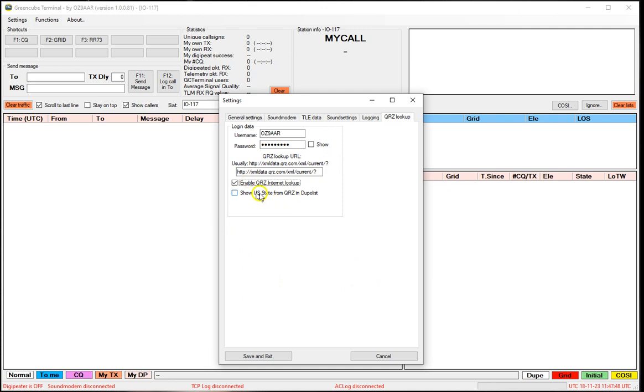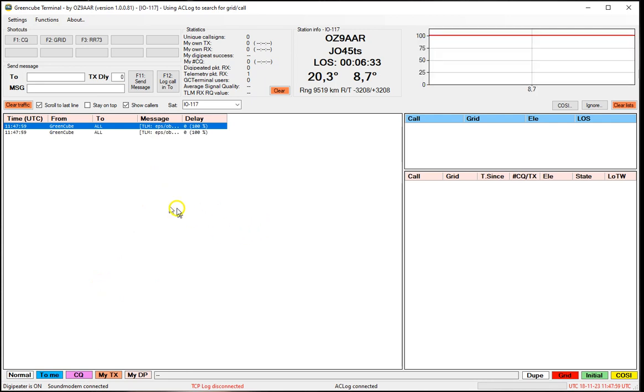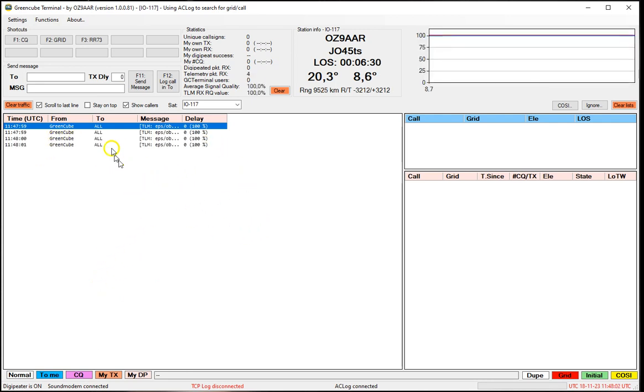You need, of course, to enable and show as US state. You will normally always do that. Yeah, that's it. Let's save, and if we are lucky,